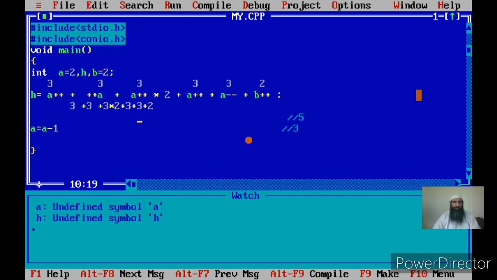Now what will happen in this case? You will again use precedence. What is the precedence rule here? The expression is to be evaluated according to the rules of precedence. That is, the operators with a higher precedence will be evaluated first.